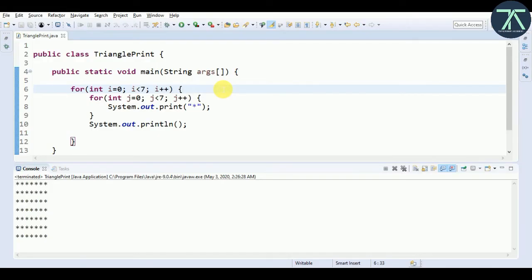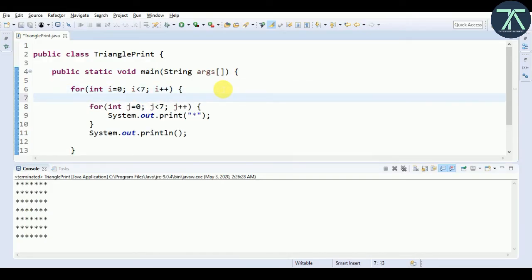So to print spaces we need another for loop. I declare a for loop with another variable called k, and I assign it the value 7 minus 1, because 7 is our height of the pyramid. I use 7 minus 1 because in the first row I need height minus 1 spaces to be printed before the star gets printed.